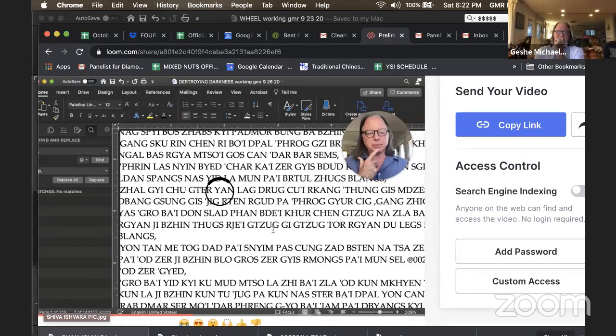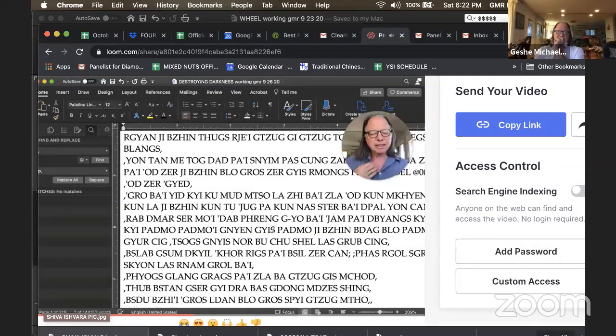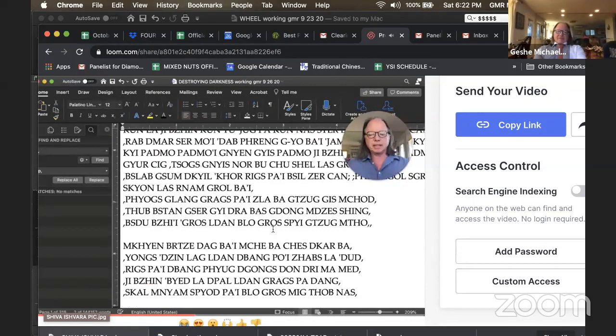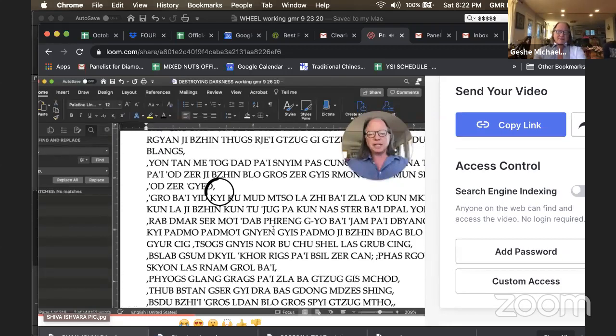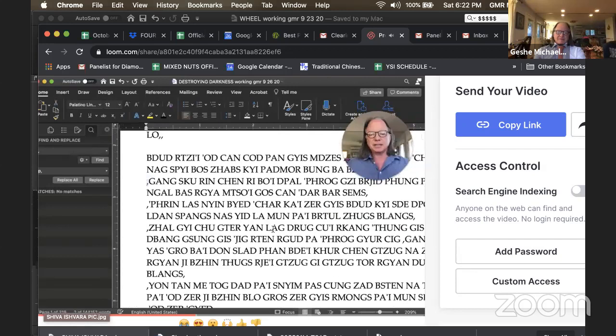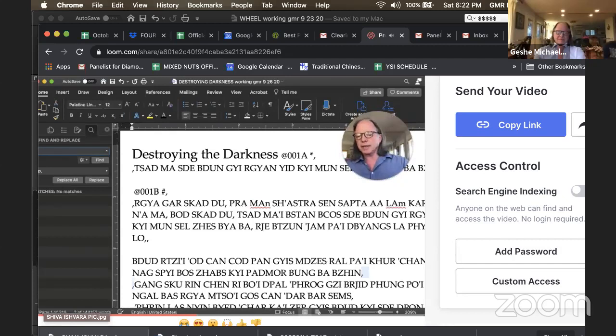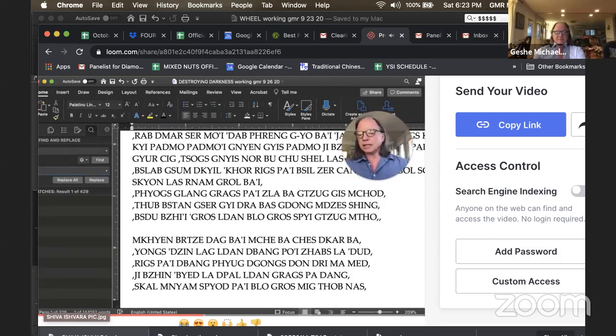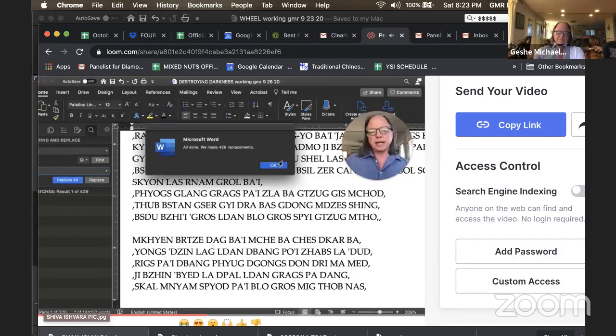I can see it right now, okay? Now, let's see if there's anything else we can do to make our life easier. I'm just looking around. There will be some cases where a bung she, that means the final she in a woodblock carving. On one page of woodblock carving, it's a tradition to make the vertical line into a broken vertical line, which our input operators use a semicolon, and we're going to replace all those with a comma. Now that'll save us 429 keystrokes. So far, I don't know what it is, a couple thousand keystrokes we've saved ourselves by pre-working on the text. Okay, so replace all those, and we've just fixed